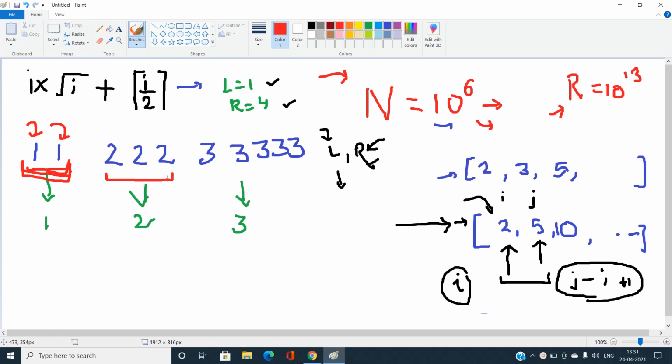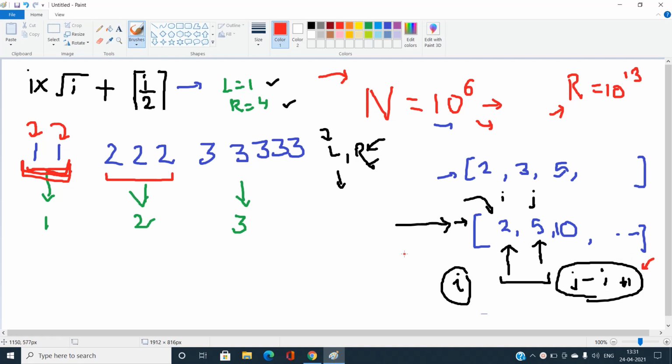If we build the prefix sums and find the minimum index I such that it is greater than or equal to L or greater than or equal to R, we can easily find the answer with the help of J minus I plus 1.